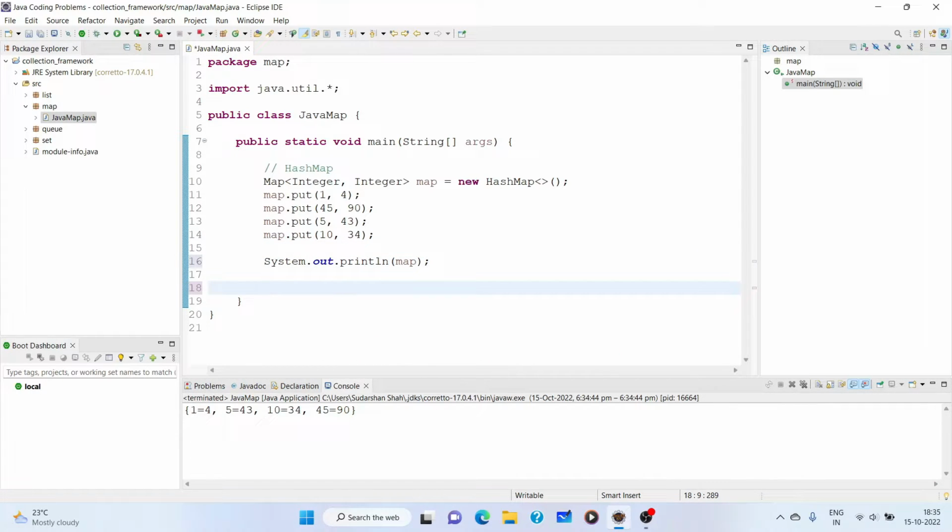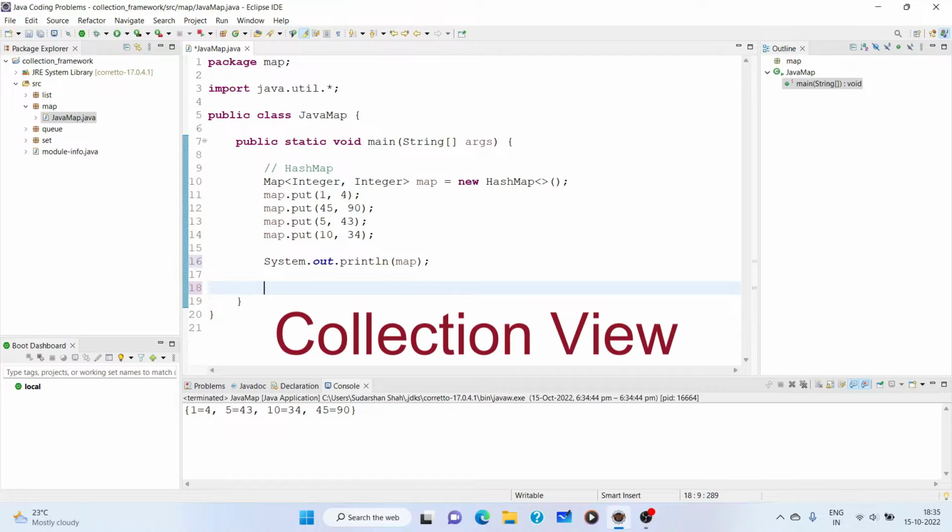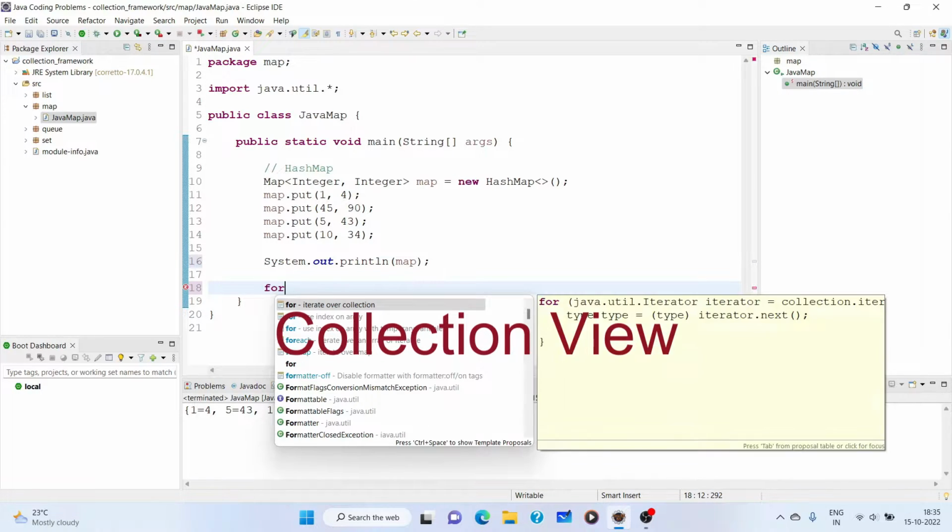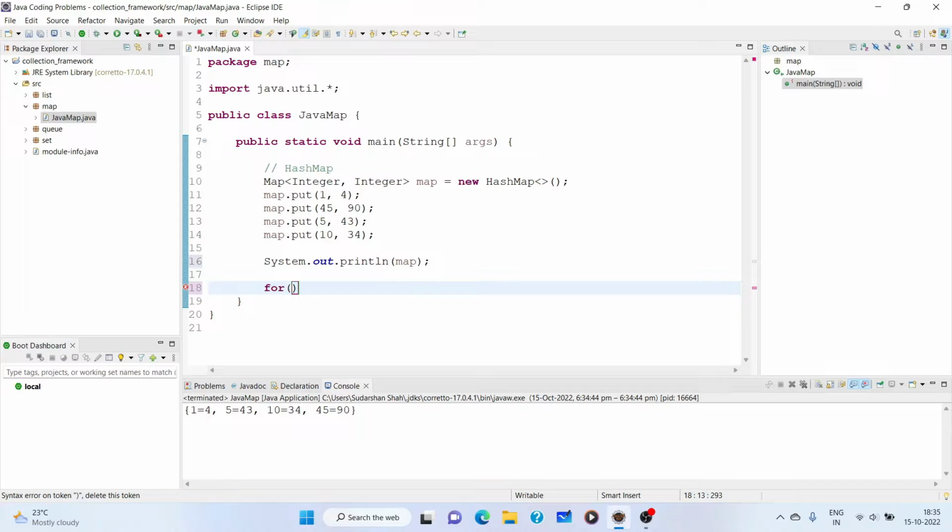Okay, now you might be wondering that since it doesn't implement the Collection interface, we cannot iterate it. No, we can iterate it, but to iterate the map we have to first get a collection view of the map. So how can we get it? Let's use a for each loop. In the for each loop, first we have to mention the type of the variable. So the type of variable to refer to the object in the map is